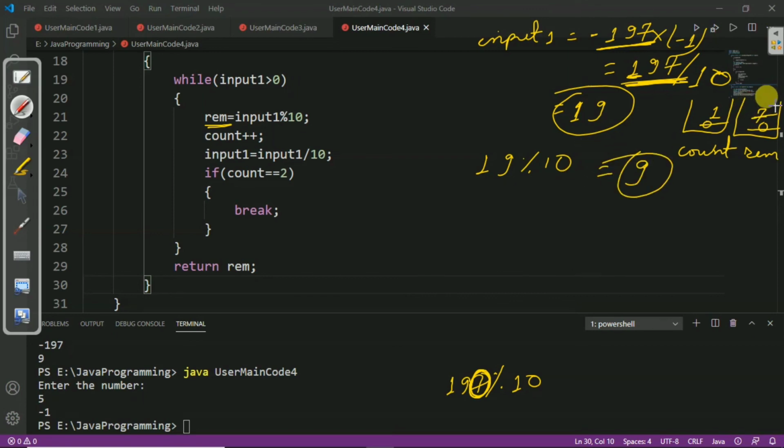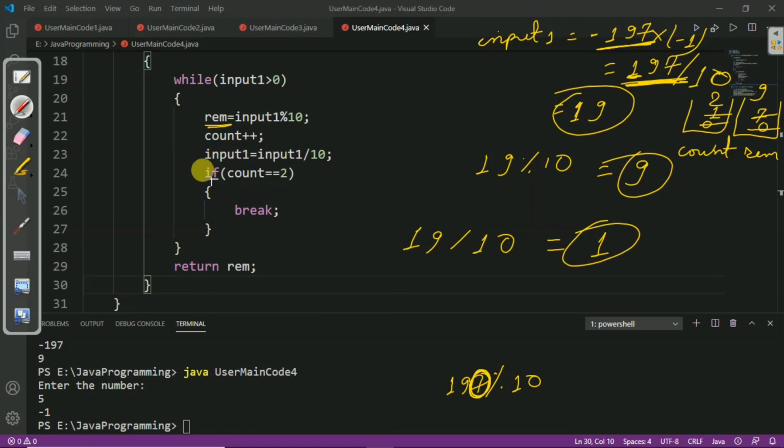So, this time our remainder will be updated to 9. Now, again count plus plus, and count becomes 2. After that input1 equal to input1 divided by 10. This time our input is 19, so 19 divided by 10 now returns 1.